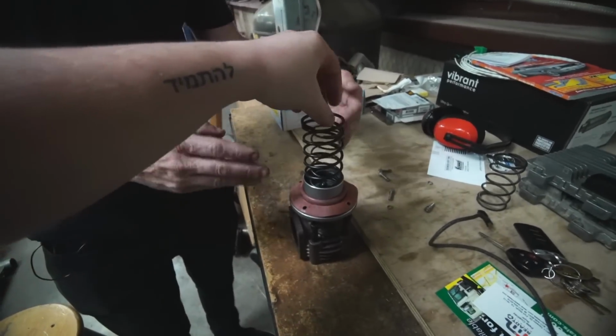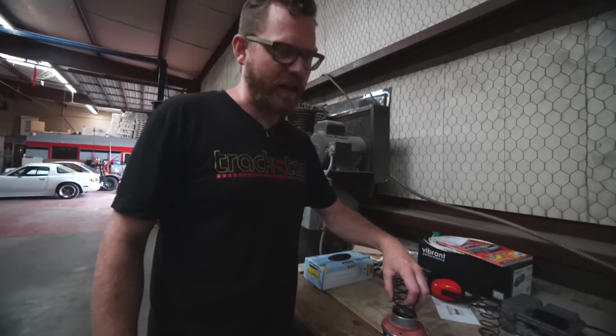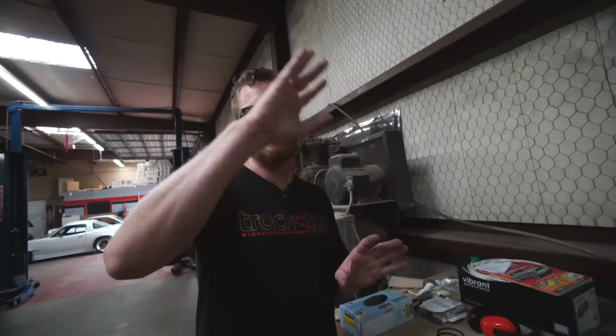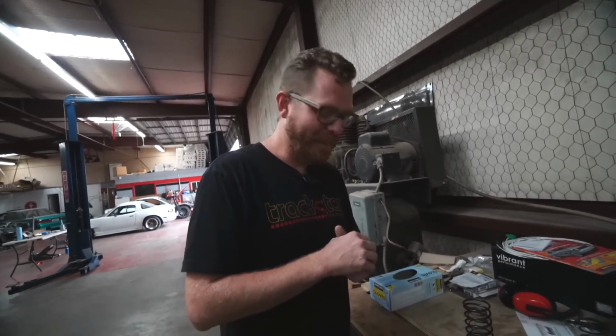Pretty really stiff. It's not meant for this particular setup, but it should add a little bit. And we're not trying to get all of the boost early on this particular setup. We're gonna try to delay it. Probably a good thing that the one I bought didn't work, because that might have been one dyno pull and